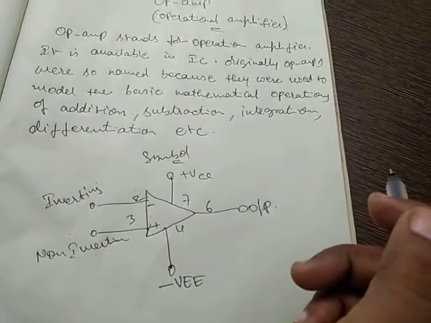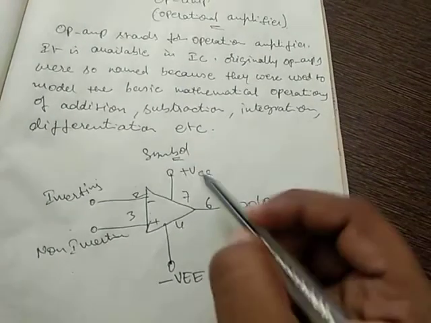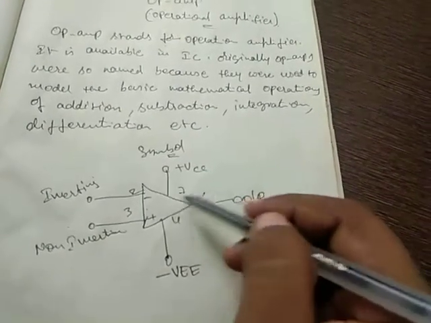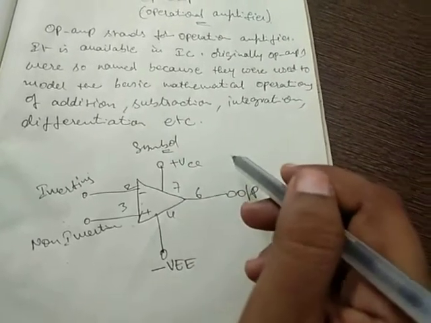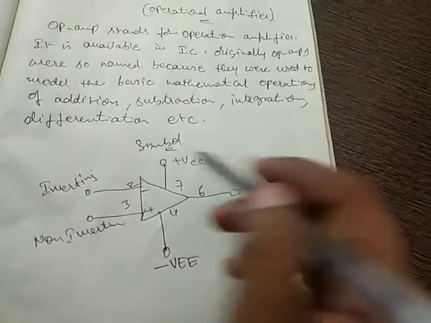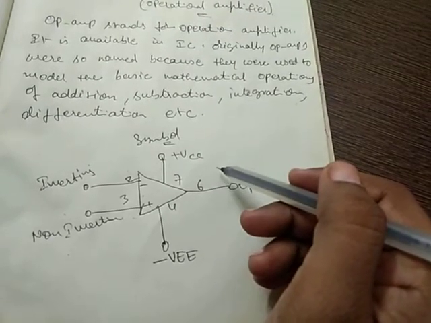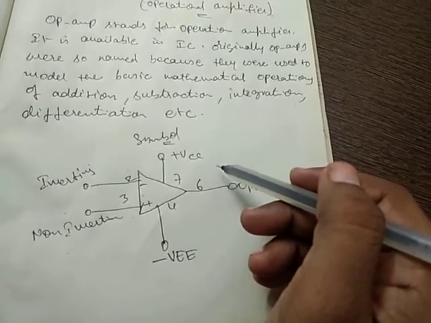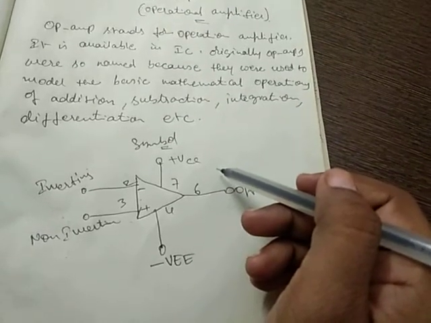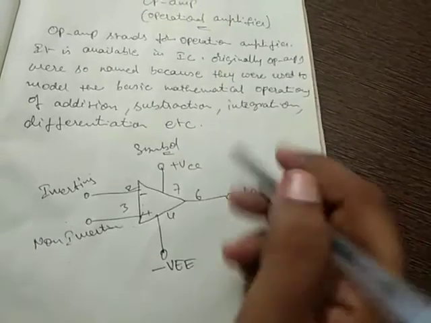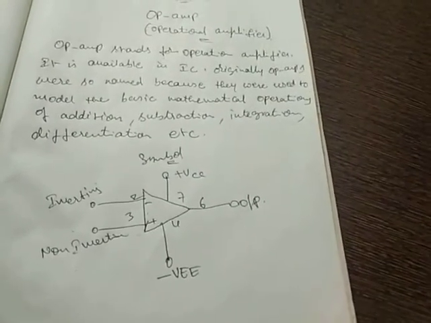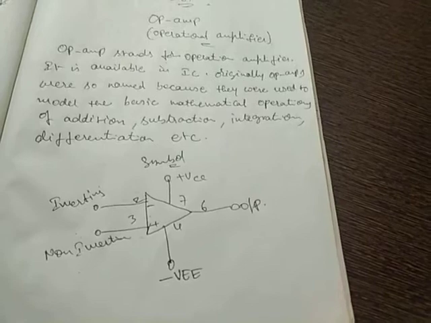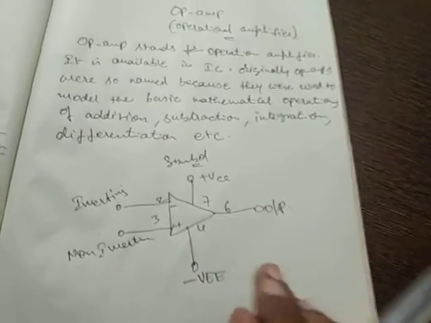The op amp is indicated basically by a triangle which points in the direction of the signal flow. Op amp has 5 basic terminals, that is 2 input terminals, 1 output terminal, and 2 power supply terminals. In op amps we have open loop and closed loop operational amplifiers. What is the pin diagram of this op amp?